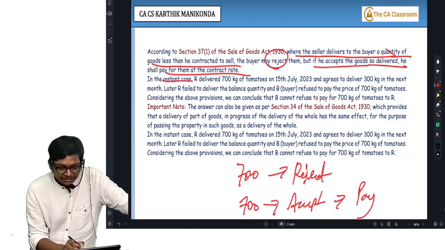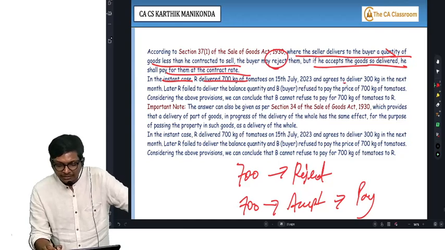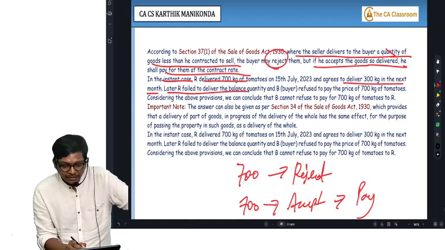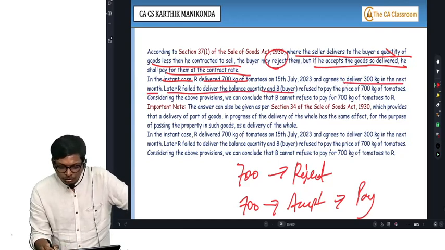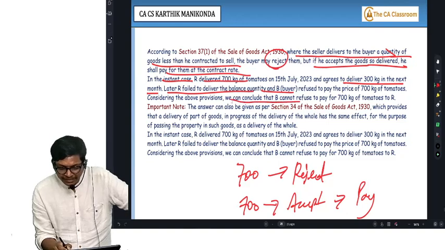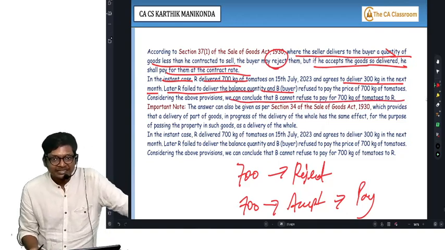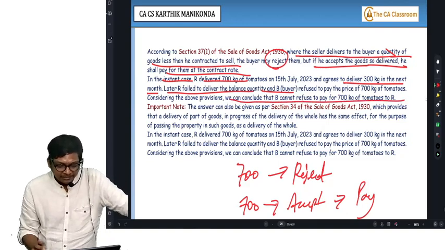So in the instant case, R delivered 700 and agrees to deliver 300 in the next month. Later R failed to deliver the balance. Therefore, we can conclude B cannot refuse to pay for 700 because he accepted part delivery. Important note,